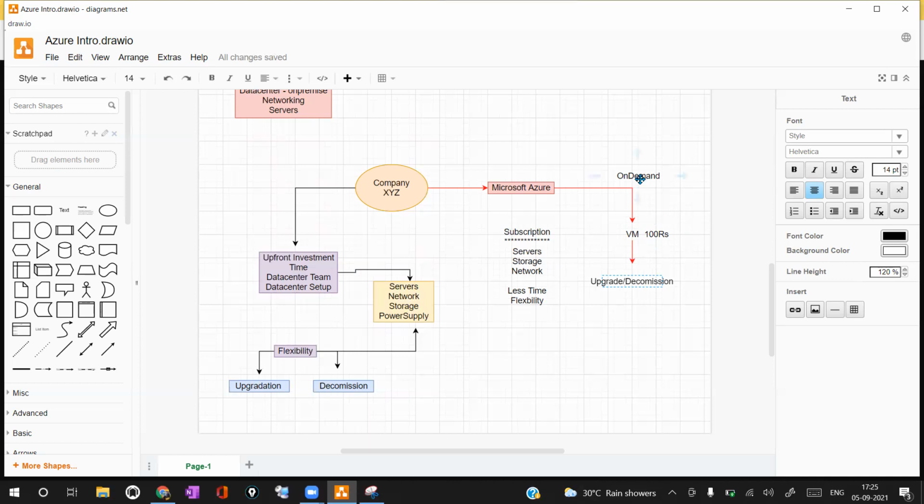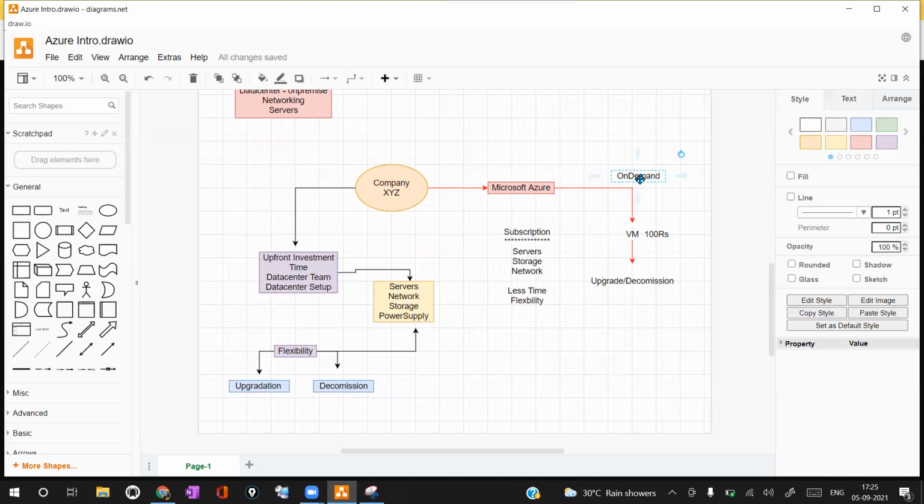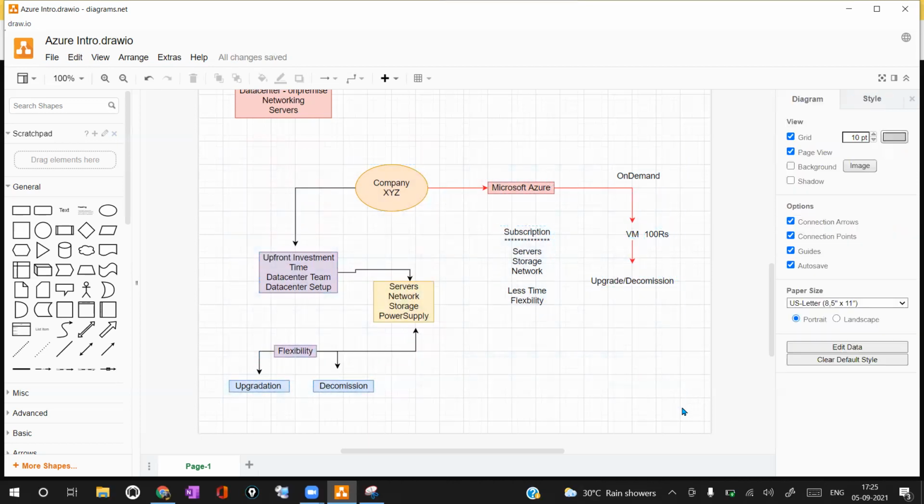For all the services you deploy, you can go with on-demand, and you have different types of subscription plans in Azure which you can make use of. I'll paste the subscription comparison link in the comment section for your reference as well. This is a quick, common example I can take to explain on-premise and Azure. So that's all for this session.